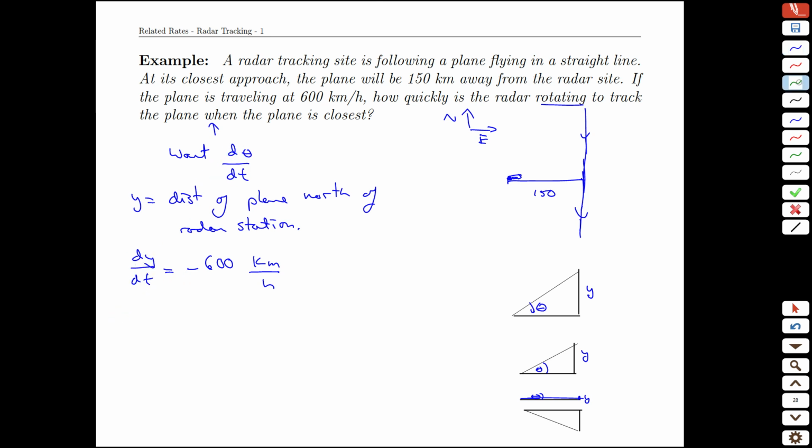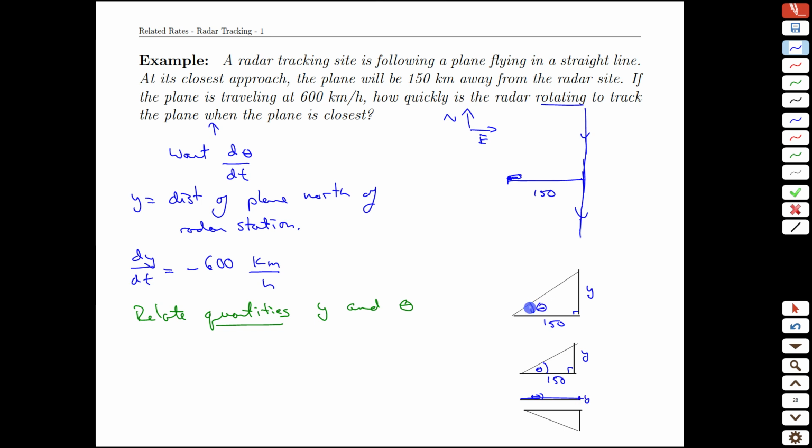Before we can get to how those are related, what we need to do is relate the quantities. And here we want to be specific. Y is changing and theta is changing. Those are the two I want to bring in. Well, if the theta and the y are what I'm most interested in, and I know that this 150 is always in here as well, and we always have a right angle triangle, you might be tempted to go with Pythagoras again,